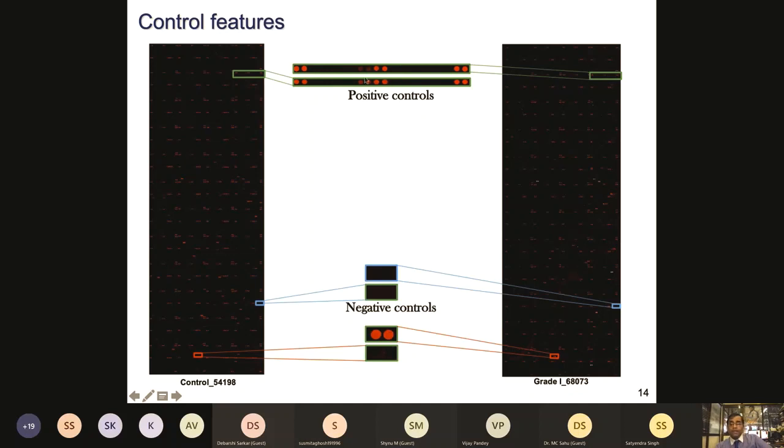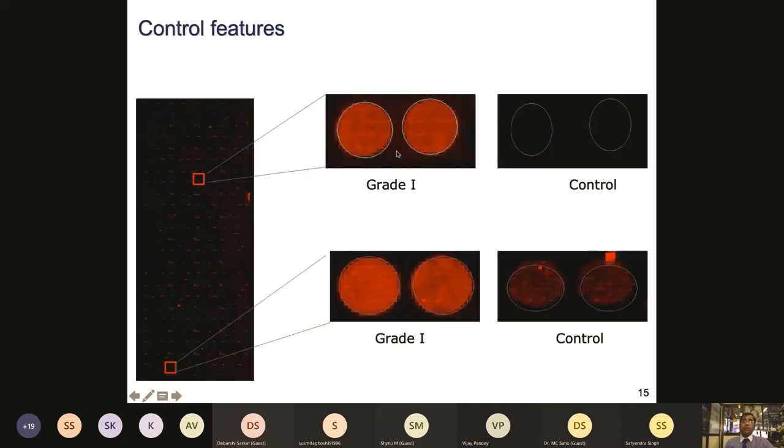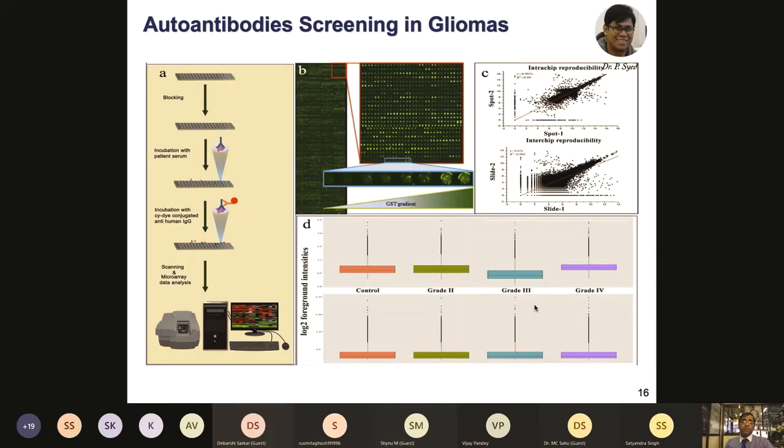And also you can have a series of immunoglobulin IgG printed, which can always serve as a positive control for the immunoassay. So many of these things have to be embedded in your arrays, and on these arrays a variety of control spots are there. As per the experimental requirement, you can make use of those. Another positive control spot here. But you want to always see something like this in your given grade. You have these duplicate spots showing a robust signal, and the controls are not showing a response or a very weak response.